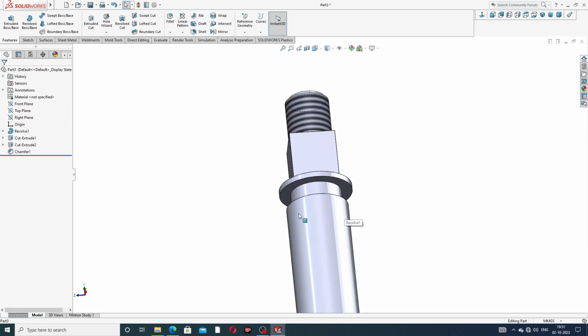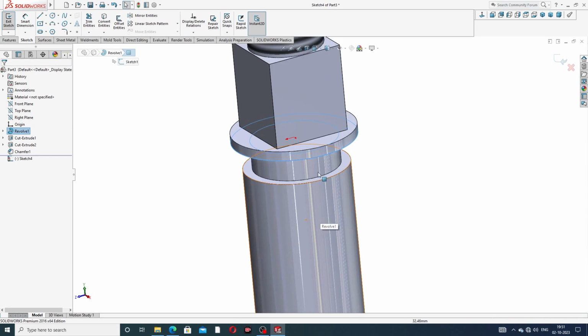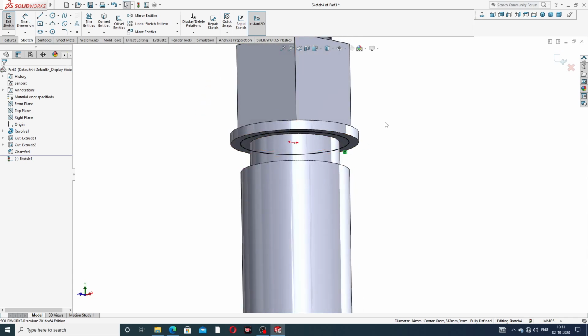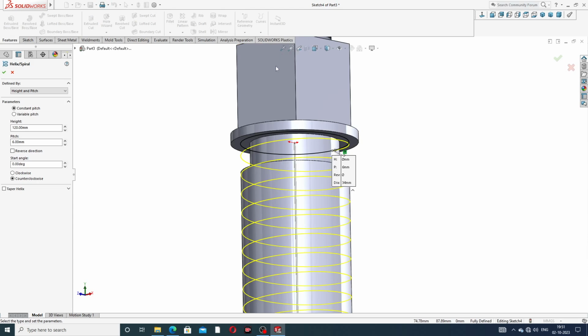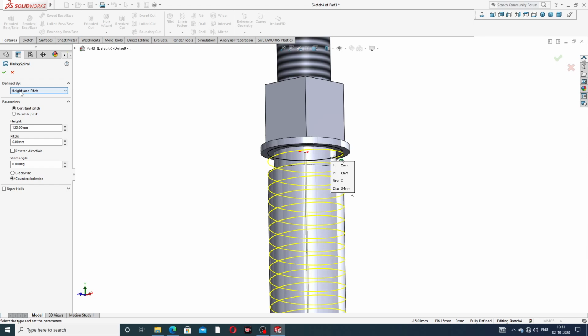Next is use this real thread, and select this face, sketch this, select this edge, and use convert entities, okay, and this is perfect and correct, and use this going to helix and spiral, and helix and spiral is a height and pitch, select here, this is a height and pitch, and use a height of 120 millimeter, and pitch is 6 millimeter, and the degree is 0 degree, and counterclockwise, okay, all is perfect and correct, and click OK,